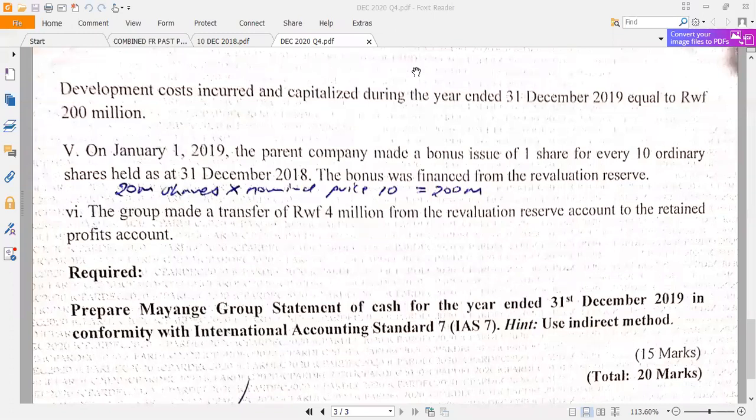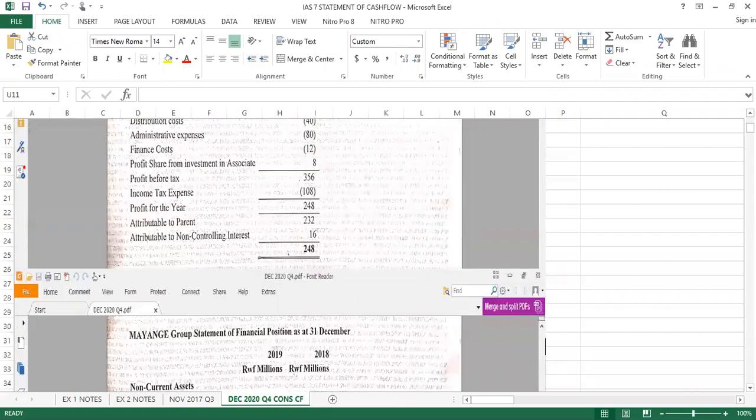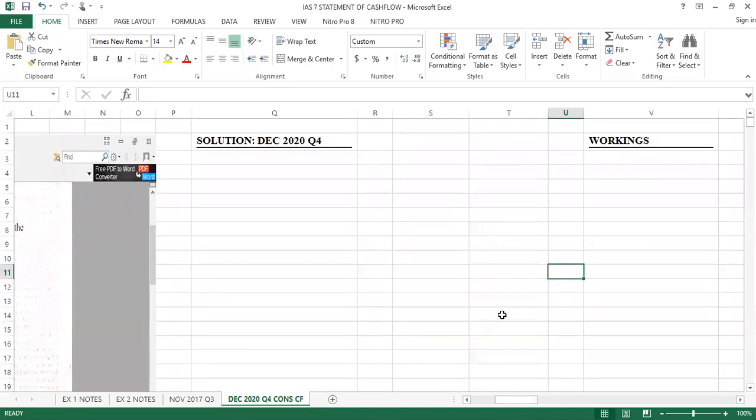I have 1 hour, 10 minutes to do the question. I hope I'll manage my time well. So we have already read the question. I don't need to read it again. Remember, I said when you want to tackle any statement of cash flow question, what do you do? You start by